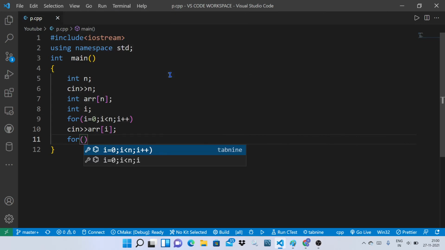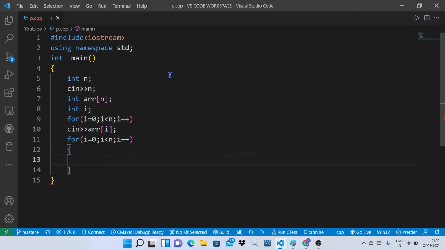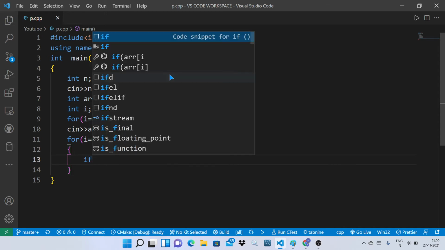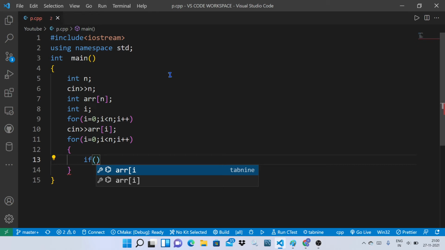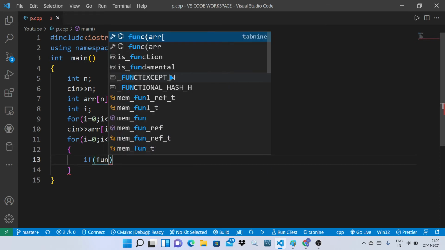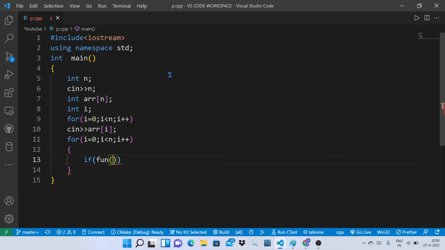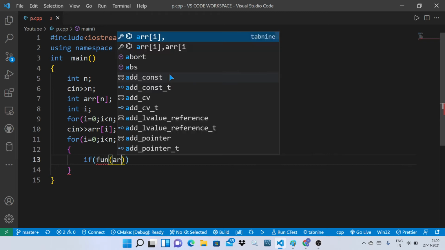In that we need to access the array element by element. In this case I am declaring an if, so I need to calculate it as a count using a function, so fun(ar[i]).